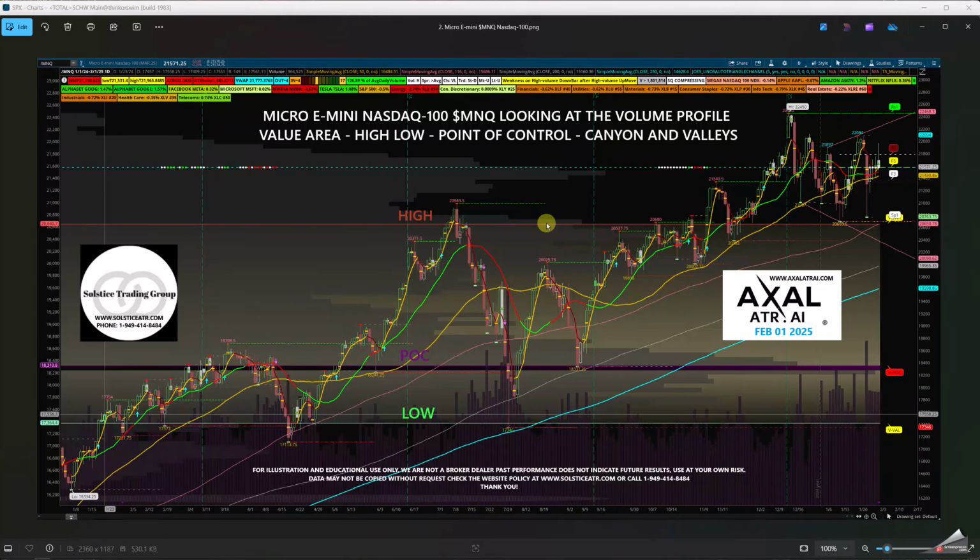Think of it as all this volume down here that we collected throughout the year. This is the total volume where most price has acted, the point of control, and it has a label back on the left. I put the value area high label on the left, and the value area low, that green line, I put low. It shows it here as a label, but I put it on the left to separate the